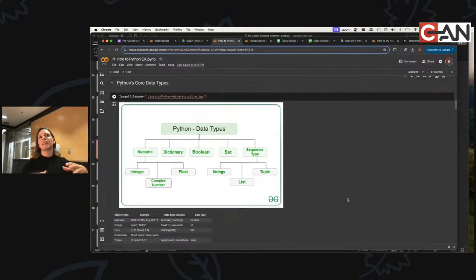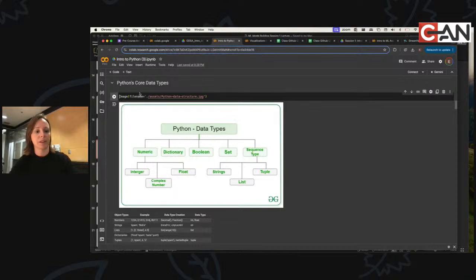There are different data types in Python. So what the heck is a data type? Well, we have information and we need to do something with it, and in order to do that, we have to store it somewhere so that we can use it. For example, we have the number 1 and the word apple. But I don't always want to say apple every time I want to use it, and I don't always want to say 1, because sometimes I want to add to it, and then it becomes the number 2. And then how do I reference it? Well, we reference it with something called a variable.